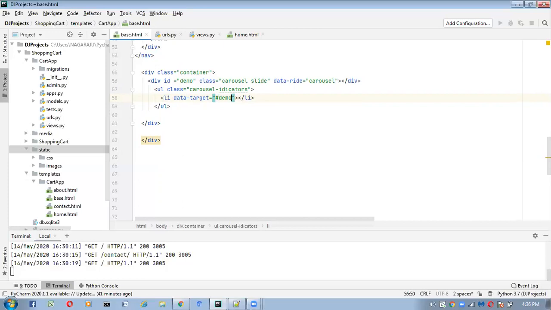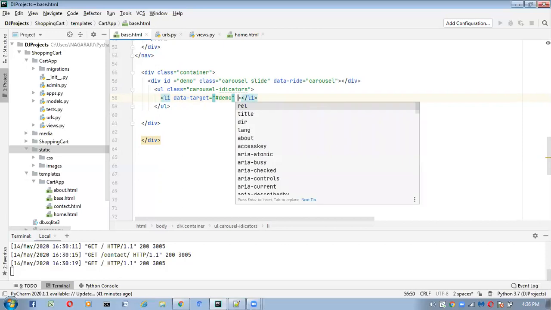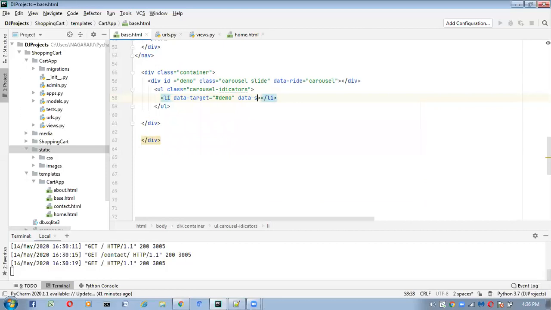Next here, what do we have to do? Here data-slide-to, data-slide-to. What will this attribute do? This attribute specifies which slide to go to when clicking on a specific dot.